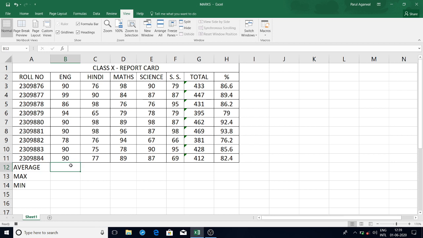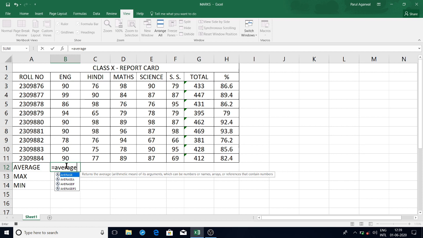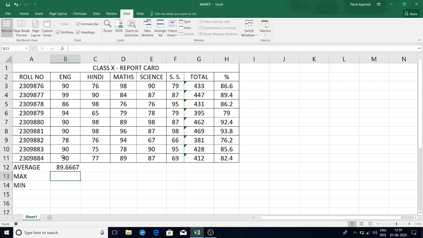Now I want to make the calculation of average, max and minimum. So I'm recording these formulas over here: equals average, bracket. Now I'm selecting the English marks of all the students to calculate the average, closing the bracket, and pressing enter.